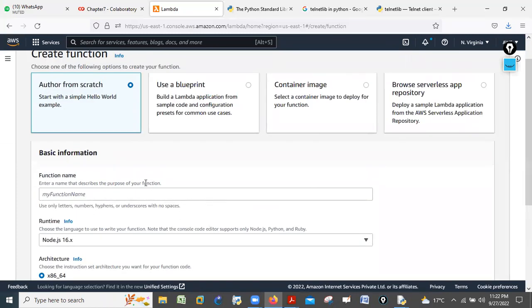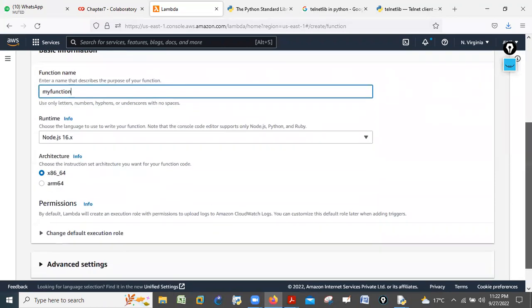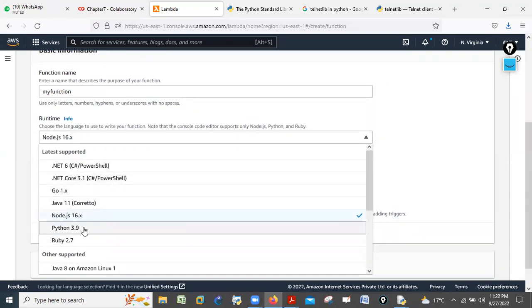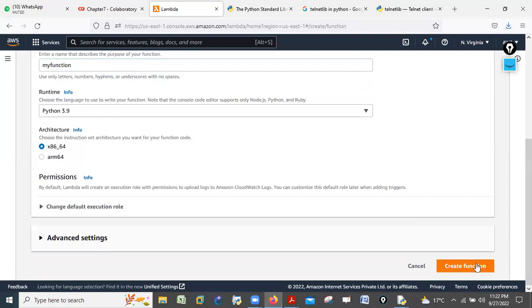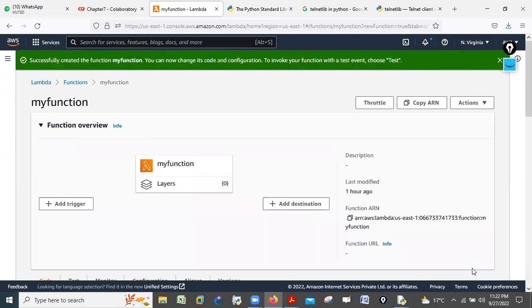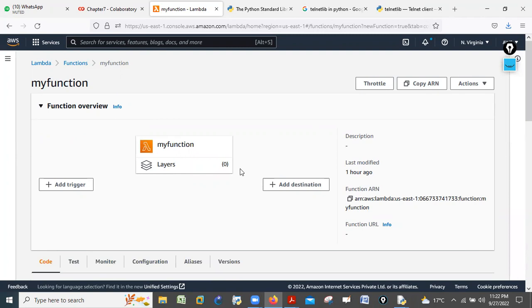In AWS, if I go here and say my function, whatever we have discussed here, I will show you practically. I say my function, and I want to create this function with the help of Python. Then I will say, okay, create the function. When I create the function, you cannot believe, after creating this Lambda function, Satish, I can automatically start and stop my virtual server with this code.